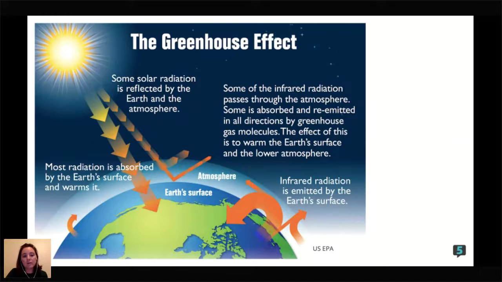So the greenhouse effect is when the infrared radiation emitted by the Earth. So all bodies in space that are not frozen solid are emitting some sort of heat energy or infrared radiation. And so different gases in our atmosphere will trap infrared wavelengths of light and heat. And so, sorry, radiation, infrared, you can't see that, so it's not light.